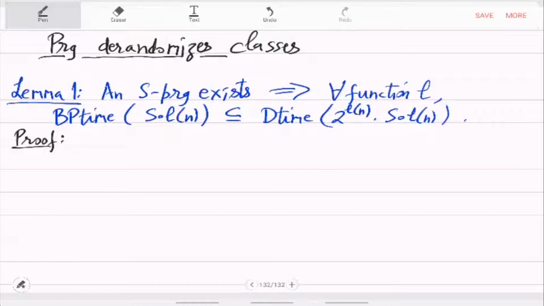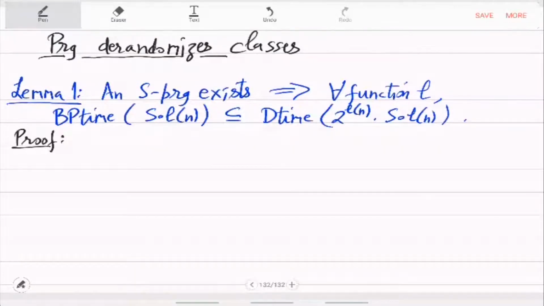Okay, so basically focus on this 2 raised to L(n). What you are getting from the SPRG is that 2 raised to S(L) is being reduced to 2 raised to L, and this is happening because the random bits S(L) are being reduced to random bits L by the stretch that the PRG gives. But of course, we have to see what this deterministic algorithm is, and why it will work. That we will do by taking a majority vote, a trick that you have seen before many times in fact.